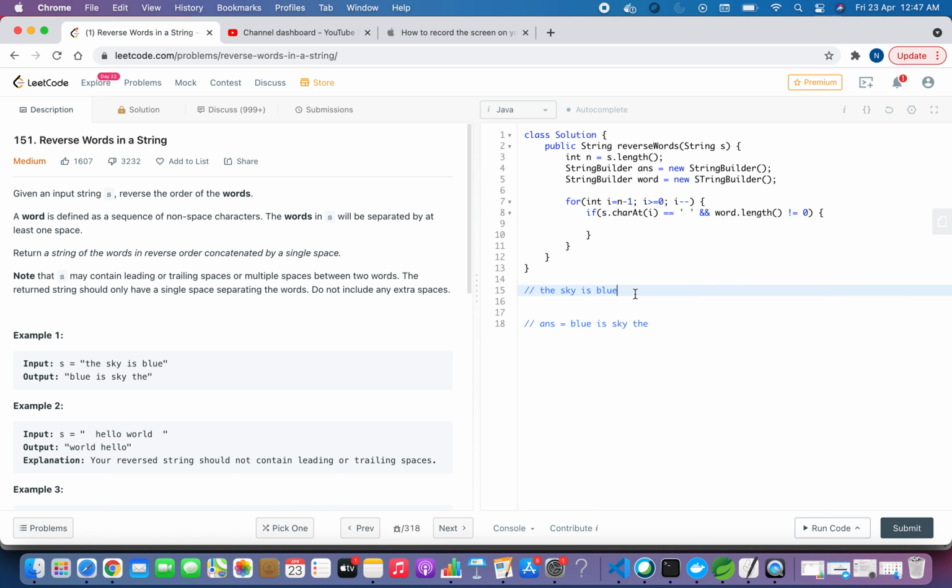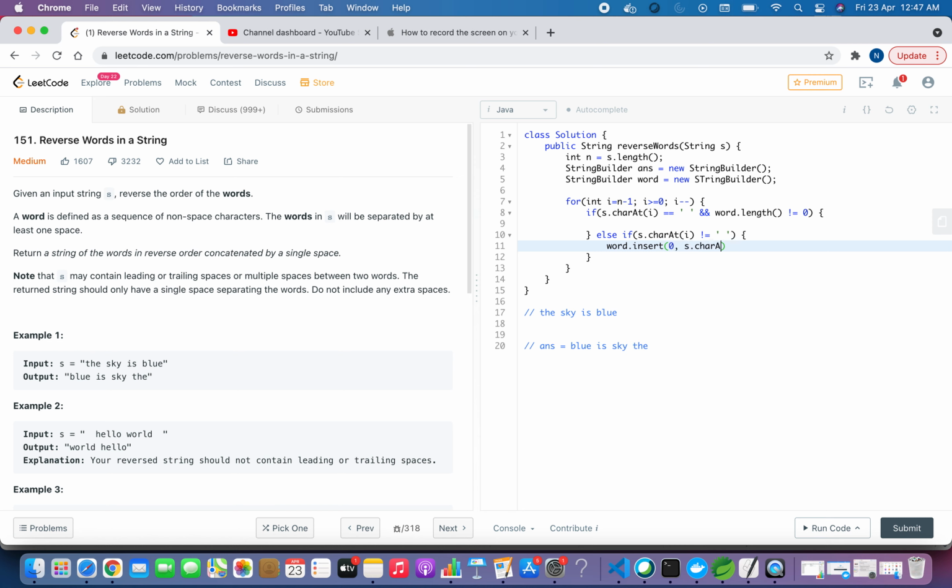Suppose we are coming from here, I have E, U, L, B already constructed. Let's go to the other case first so that you can understand it better. So else if s.charAt(i) is not equal to space, then I will take the word and insert that character at the 0th position of that word.